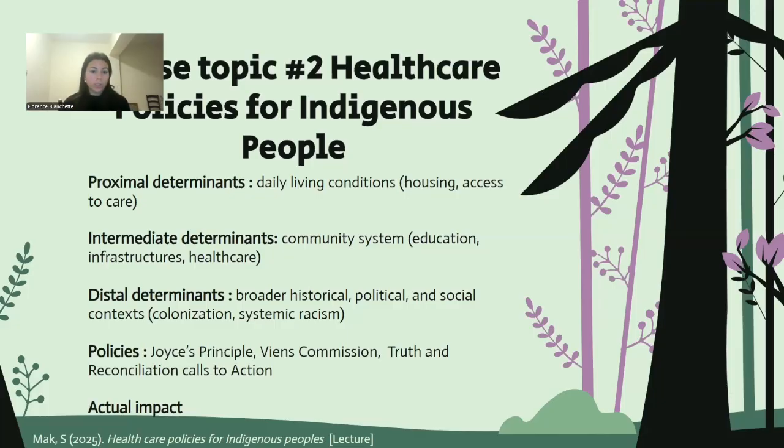So there is the proximal one, which includes daily living conditions. This means things like housing and access to care. There are also the intermediate determinants, more of community systems such as education, infrastructure, and healthcare. And finally, there is the distal determinant, which includes the broader historical, political, and social context. And when looking specifically at Indigenous people, we can maybe think of colonization and systemic racism that still continue to